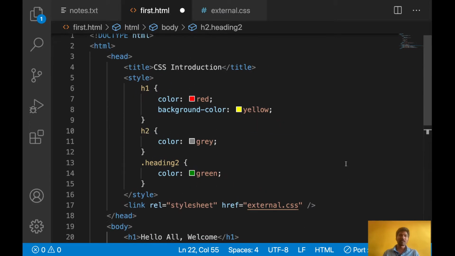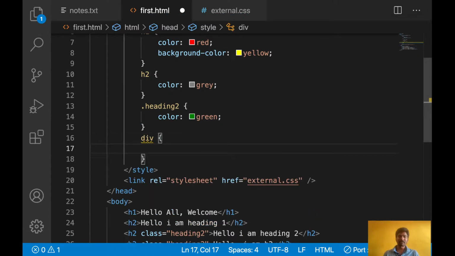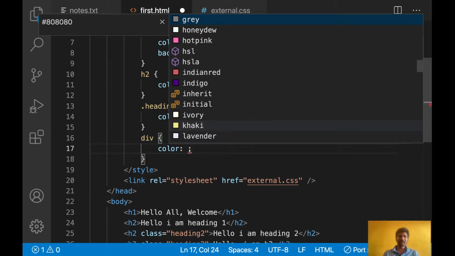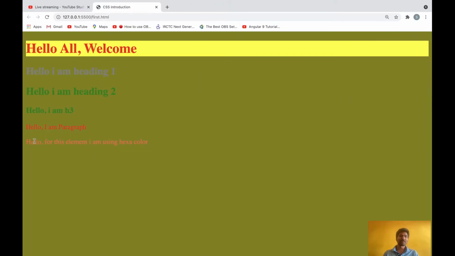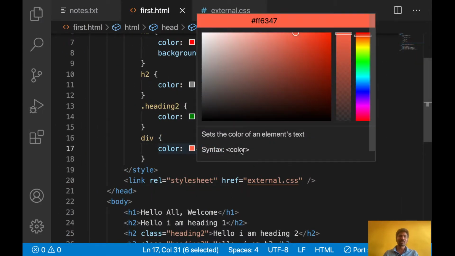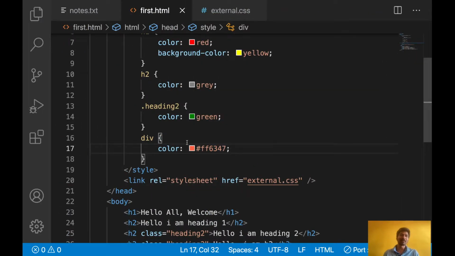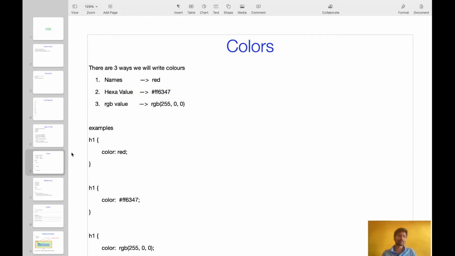Okay, let's apply. For div we will write color colon, here the hash is missed. Yeah, now let's see. This is the hexa code for color red. See, color red is coming here. Either you can use the name or hexa code or RGB value also, the same result will come. Okay, that is about different ways of using colors.